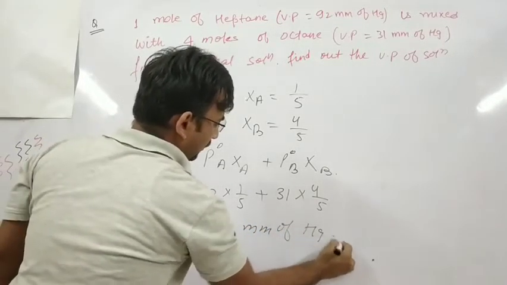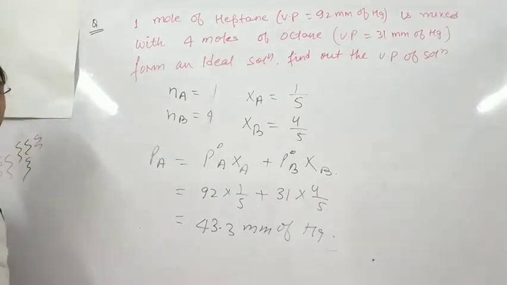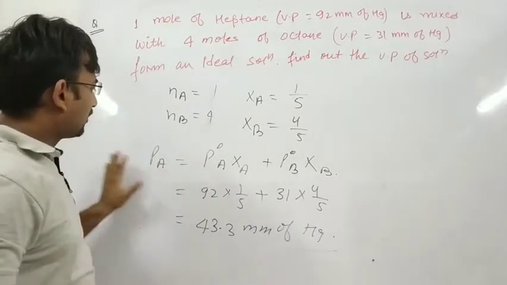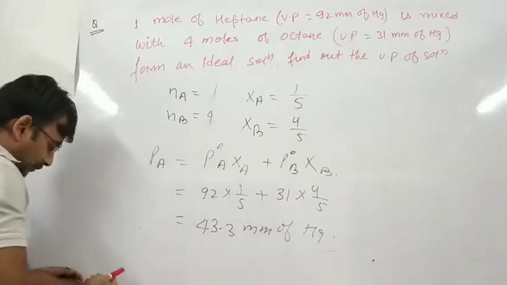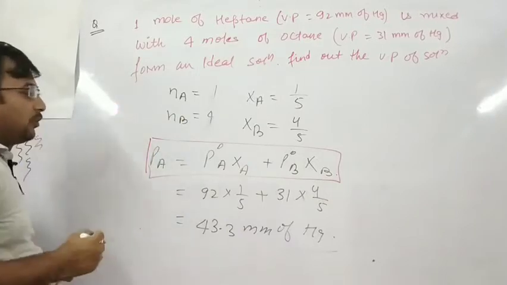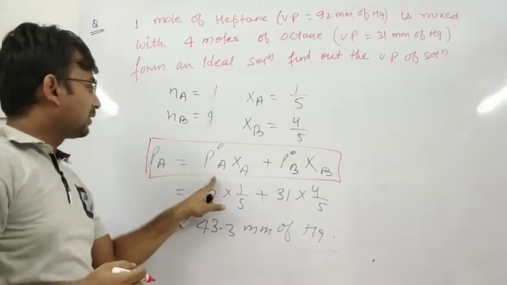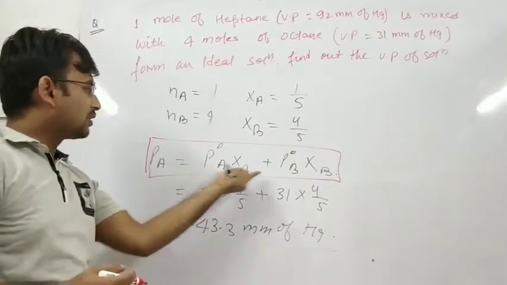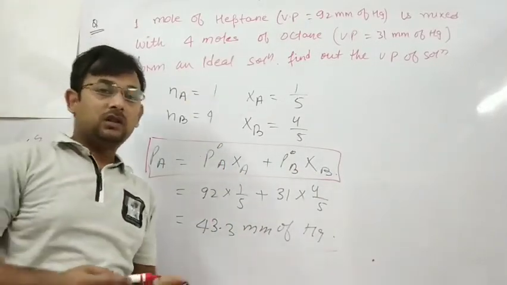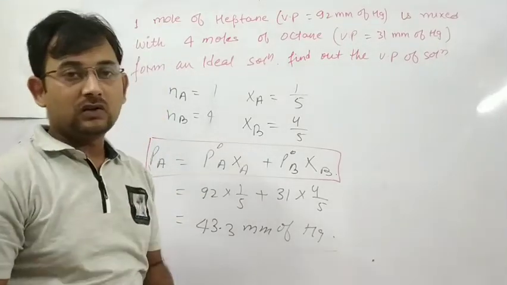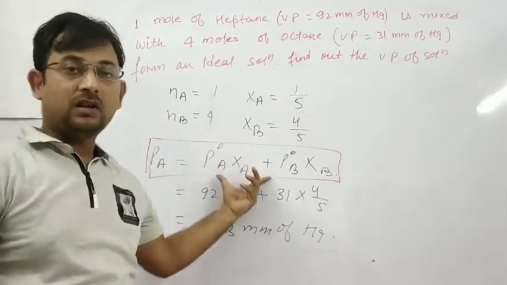This type of question we'll practice a little more when we study case 2 in detail. Right now you can note that this is the formula when we have both solute and solvent as volatile components, that vapor pressure is equal to P naught A XA plus P naught B XB. It is easy to understand, because now pressure exerted by both the components will be there, right? Solute is also there and solvent is also responsible for exerting pressure on the surface.